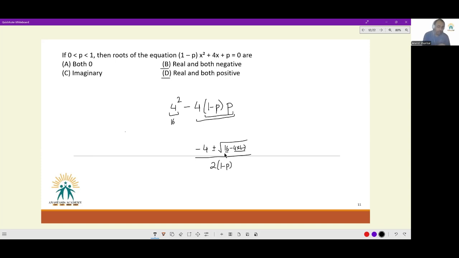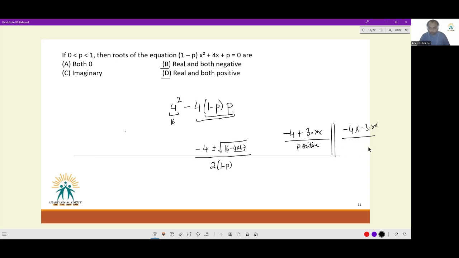The under root value that I get will be less than 4. So either I will have minus 4 plus, even if it is very large, 3 point something divided by a positive number,